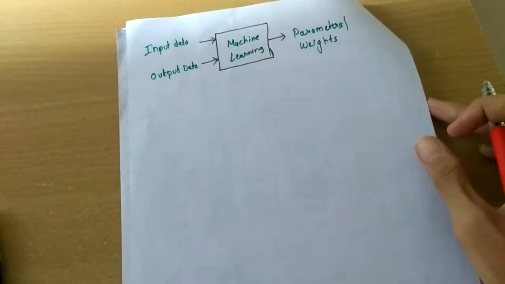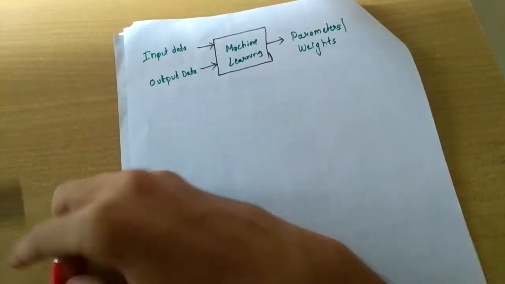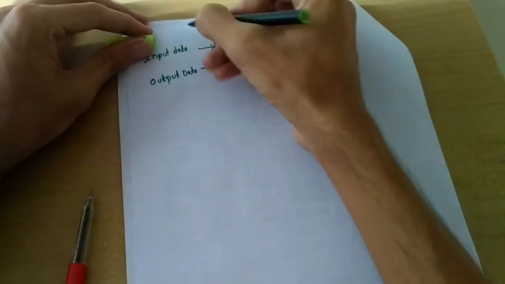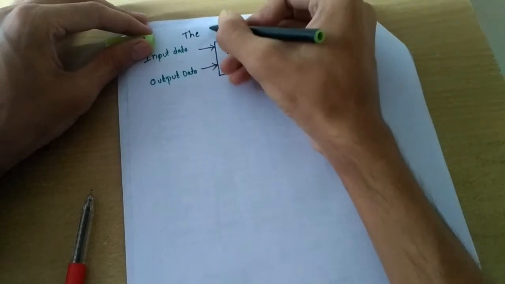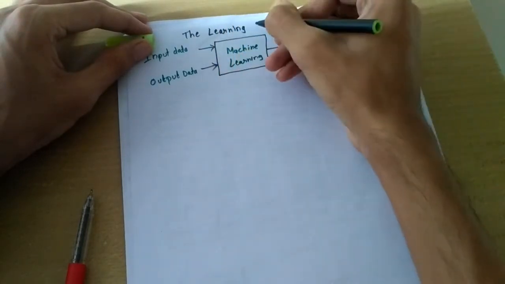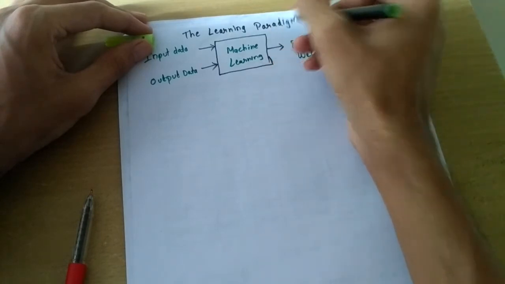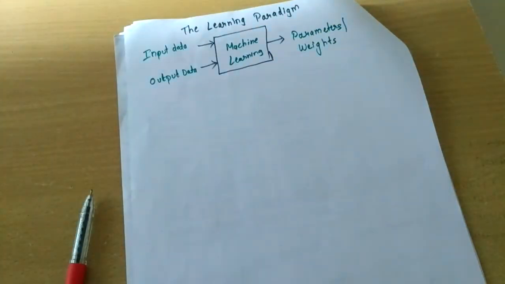Hello all, so this is lecture 2 on machine learning. In this lecture, we'll be discussing the general rules or steps which are needed to solve any machine learning problem. So how machine learn, what is the algorithm, the mathematics involved in it, everything we will learn. And as I just said, we will use thorough mathematics.